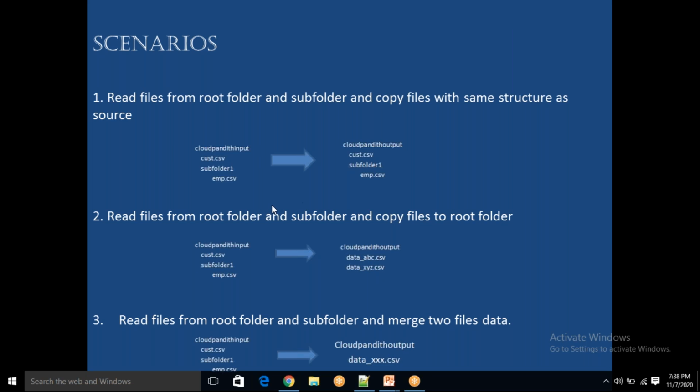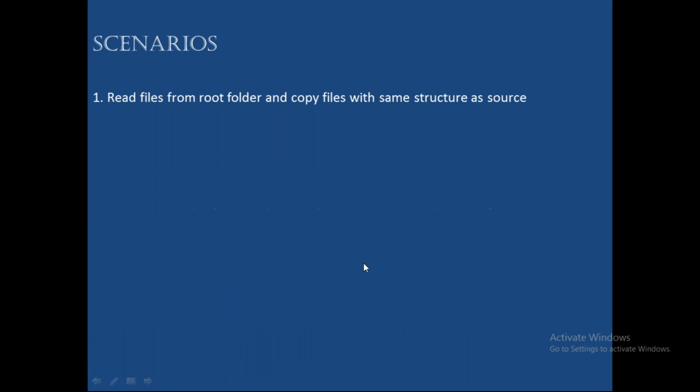So these are the three different scenarios. Everybody is clear? Any questions as of now? Okay, if no questions, let me move on. When you are merging, you can control the file name of the merged single file. You can tell it, okay, I want this particular name. You can customize it and give whatever name you want. Now I am going to the other scenarios. These are all very minor changes that you need to do in a copy activity to fulfill these requirements. Okay, fine.